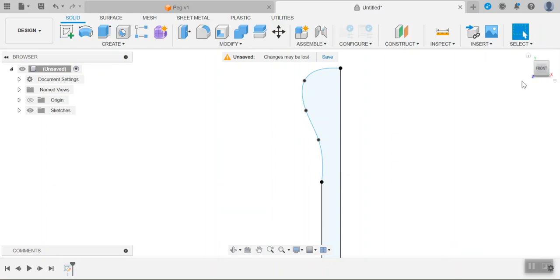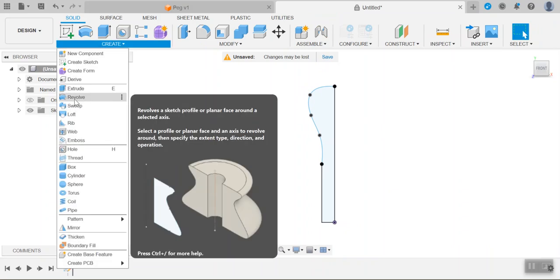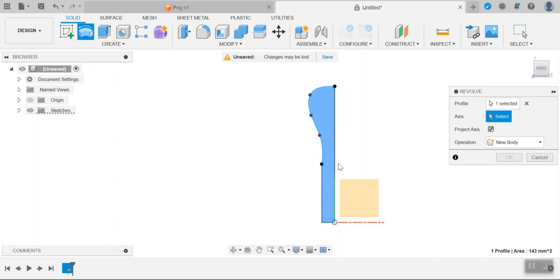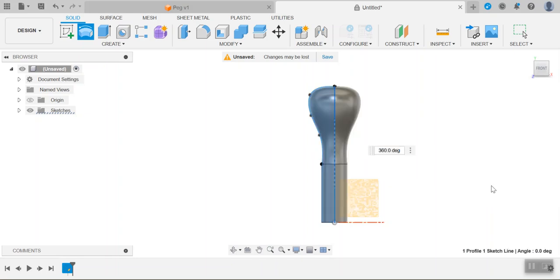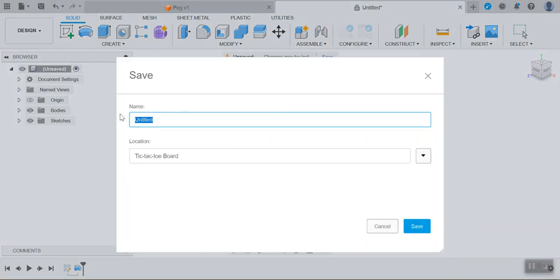So go finish. Here's my profile. Once again, I'm going to then revolve it. It's already collected. Hit the, and here you go. You can have a different shape. Once again, it's your imagination that will limit what you can do to it. So I'll save that. I'll call that peg